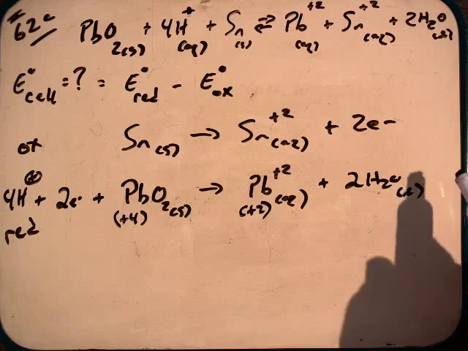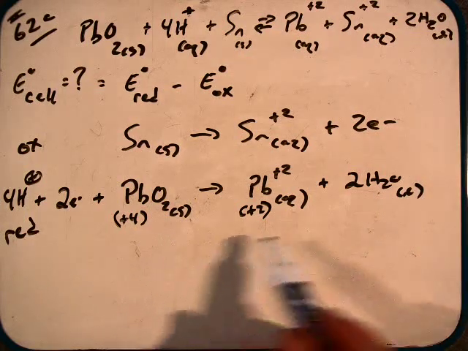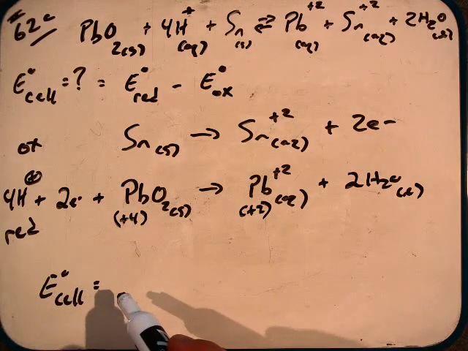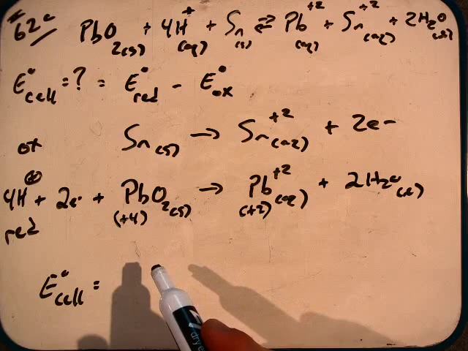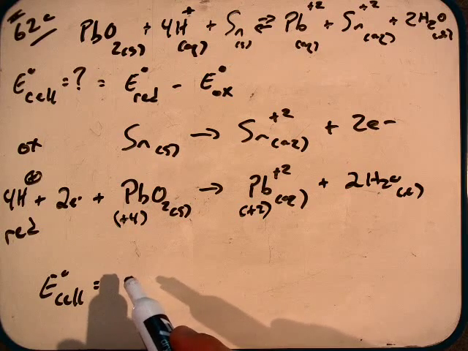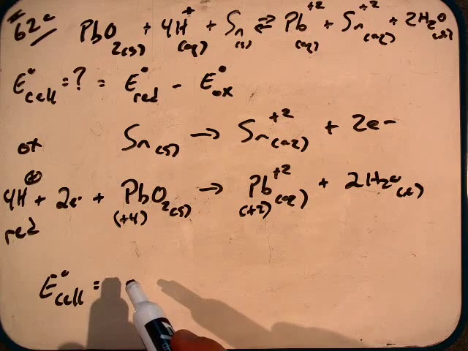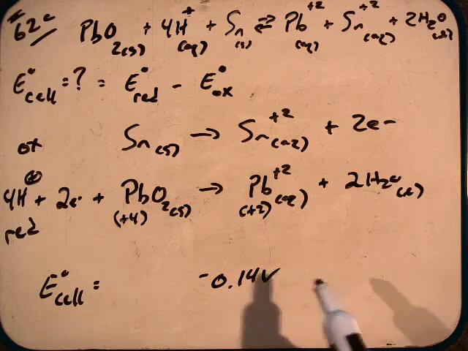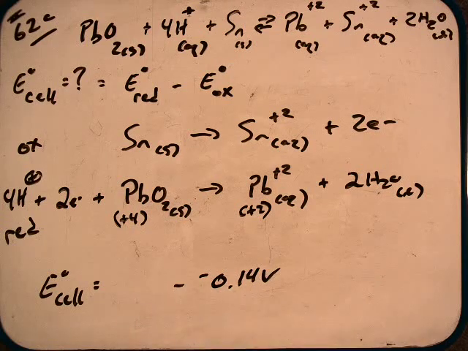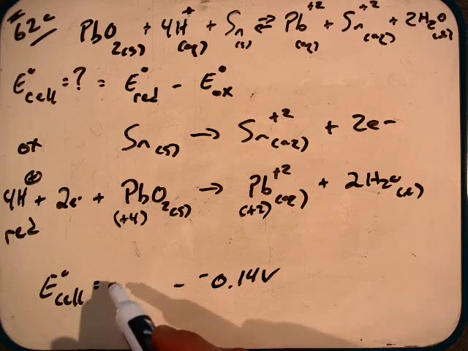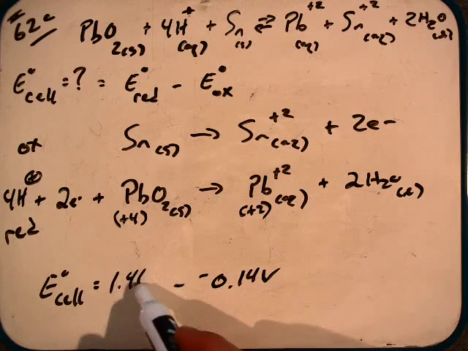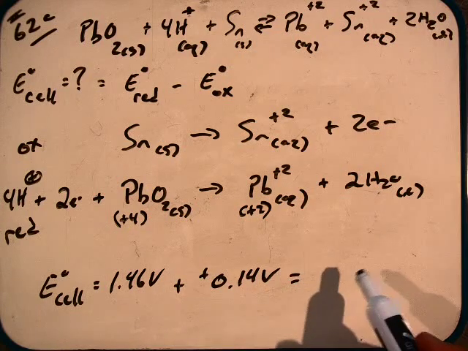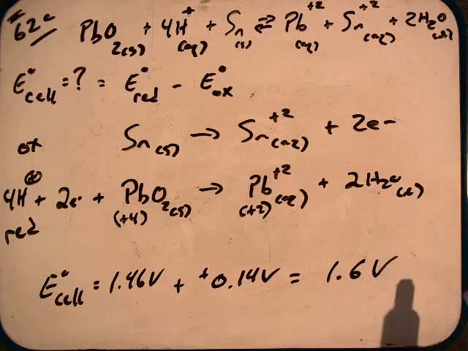So we have our oxidation, which is the tin, we have our reduction, which is the lead, and so we just want to look up those values in the table. And so if we look up our tin, we get a value for its oxidation to be negative 0.14 volts, and we're subtracting that from our reduction, which is 1.46 volts, and so we have that change in sign,